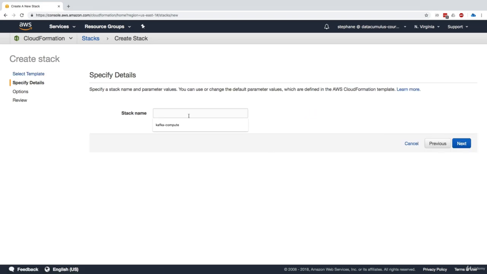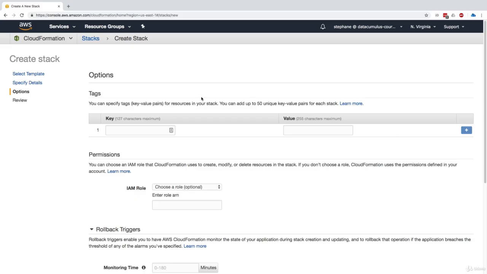Okay, so the stack name, we can name it whatever we want. I'll just call it my first CloudFormation template, but you're free to name it whatever you want. Click on next. And now we can see options. We can specify tags for our template, and any tags you specify will be propagated to any resource we create. So we will not specify anything. We don't need to.